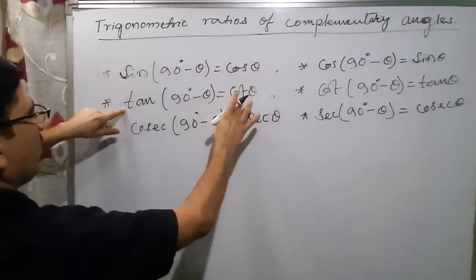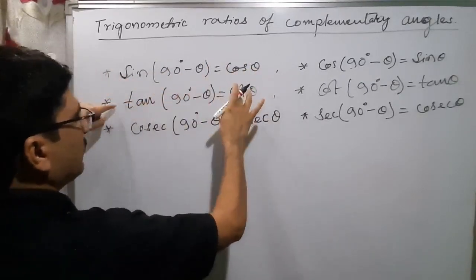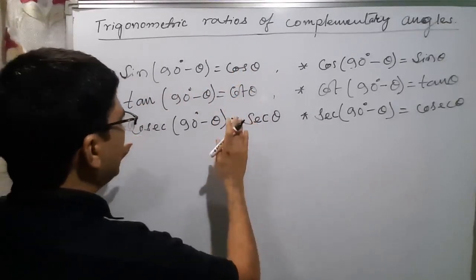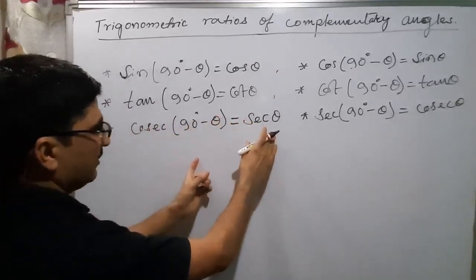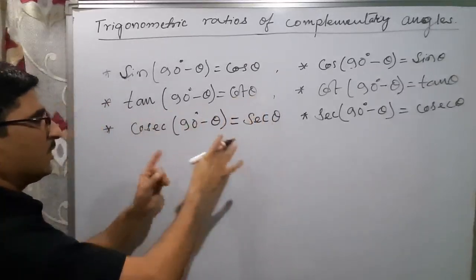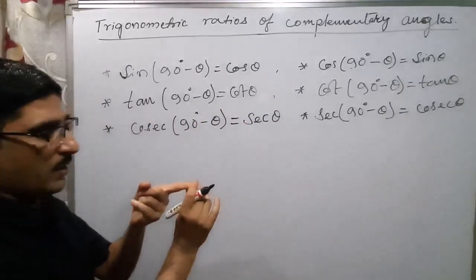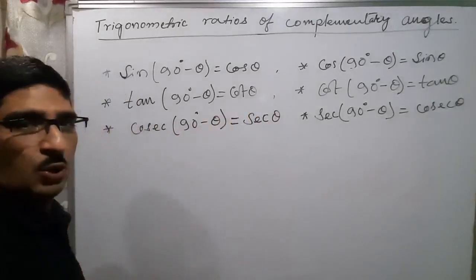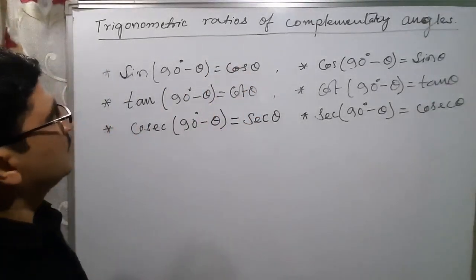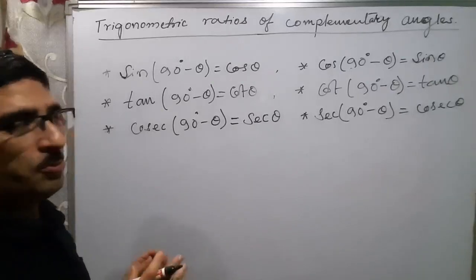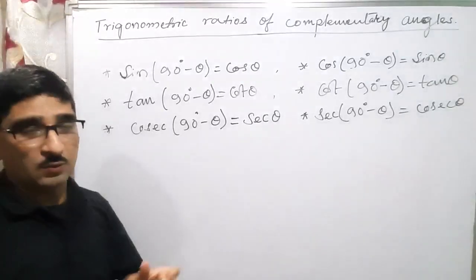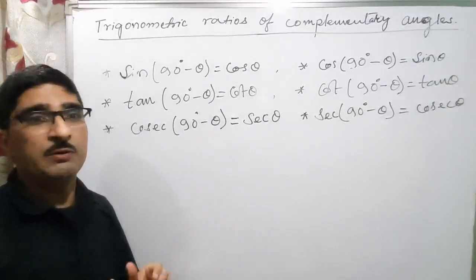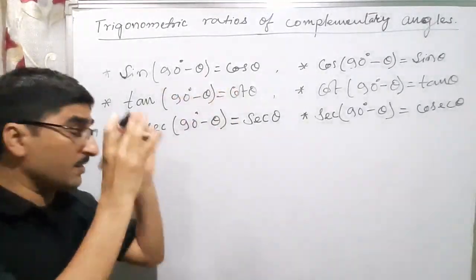Now tan and cot have both the reciprocal and the complementary relation. But cosec and sec don't have any other relation except this direct one. They don't have the quadratic form, that means squares, and they are not reciprocals. So we should understand these 6 relations properly, then we can solve the problems from the exercise. These are not very difficult, but we have to understand them and not be confused. First we clear the relations.